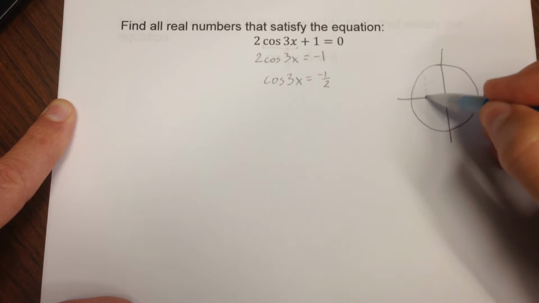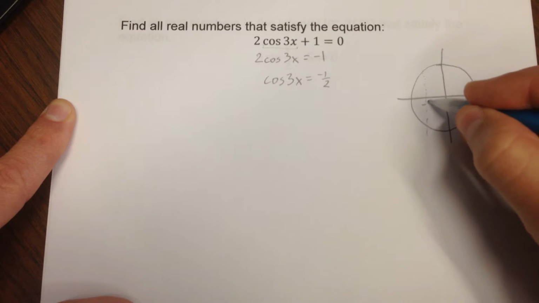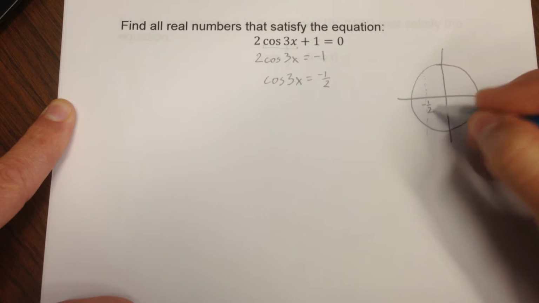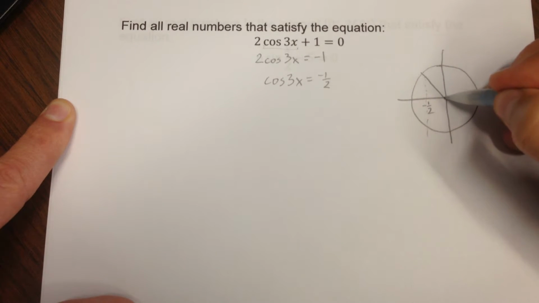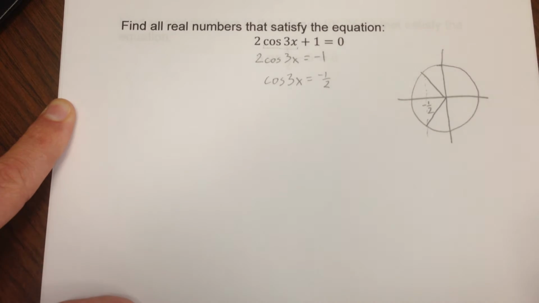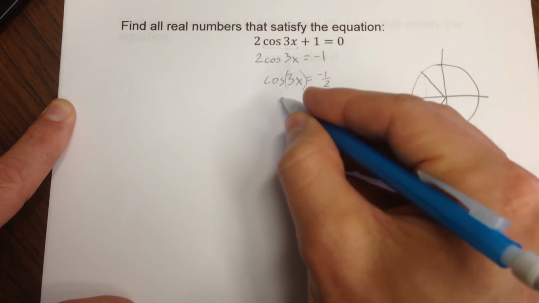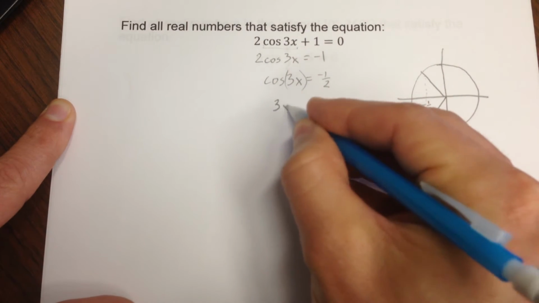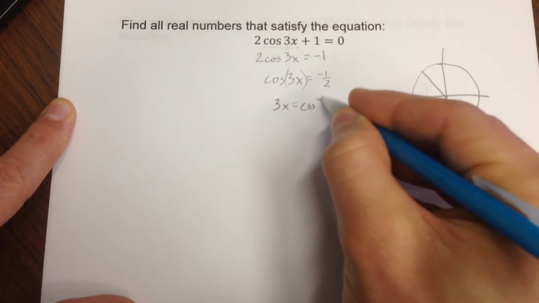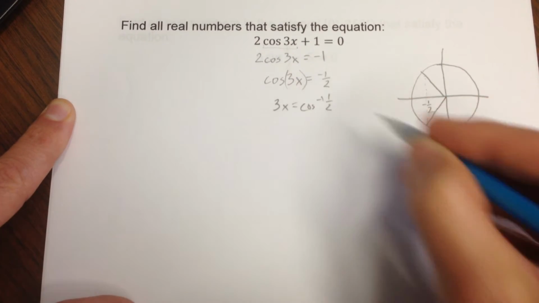Cosine gives you the x value. The x value of your angle being negative 1/2. So that means somehow my angle looks like that or like that. So essentially, if you type in cosine inverse of 1/2,